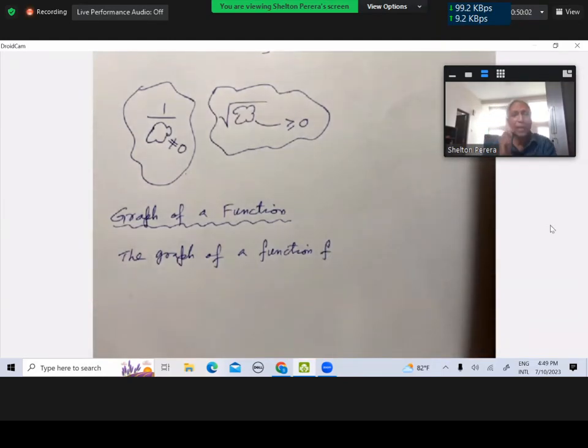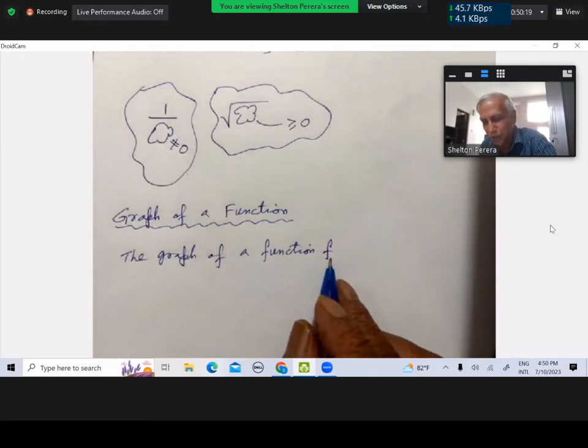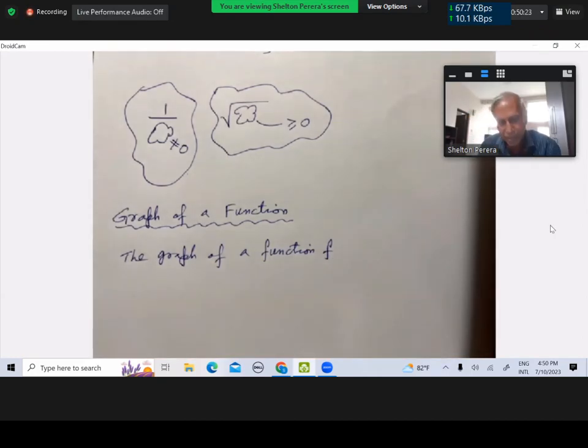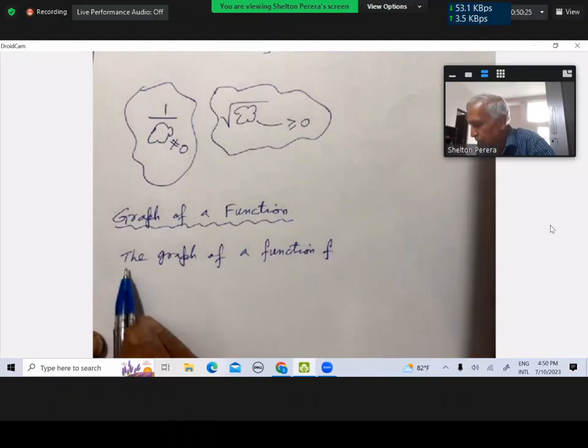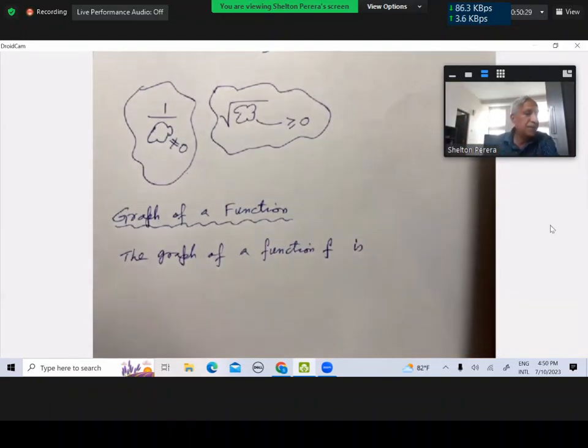Later we abuse notation and talk about function f of x. We have already mentioned today that f of x is the output. But instead of writing function f, the name of the rule, people sometimes write function f of x. They mean the same thing. No worries. The graph of a function f is the graph of the equation